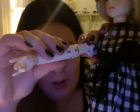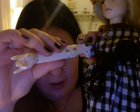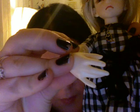The dolls are strung using elastic. I'll try and show you on Alice's arm. There is elastic inside which holds all their parts together. They have really detailed hands. And inside